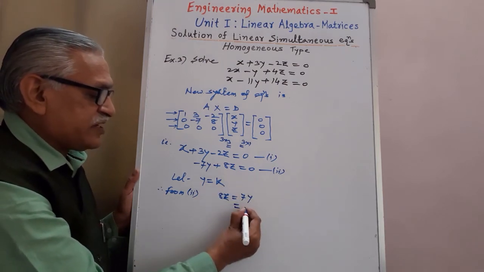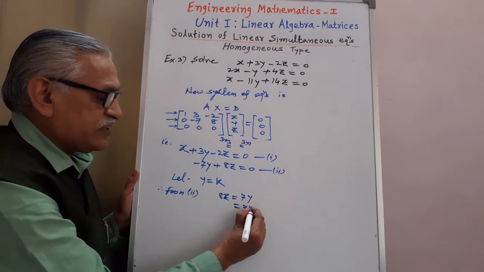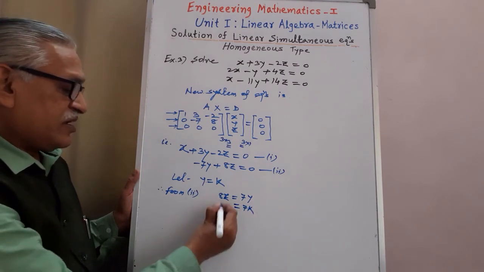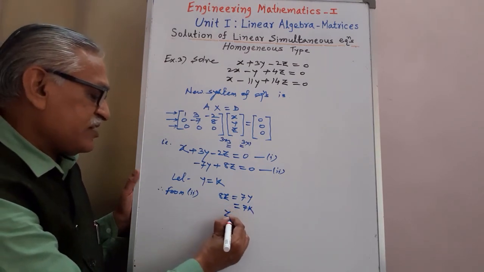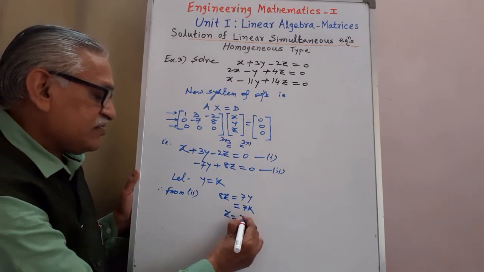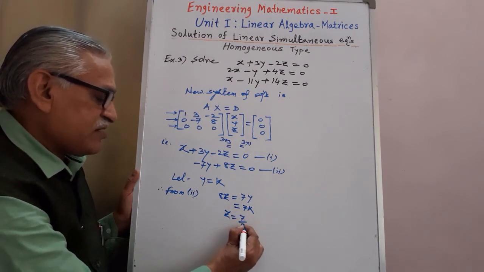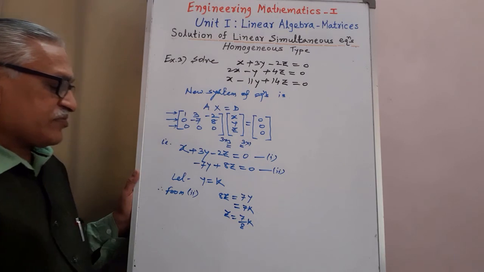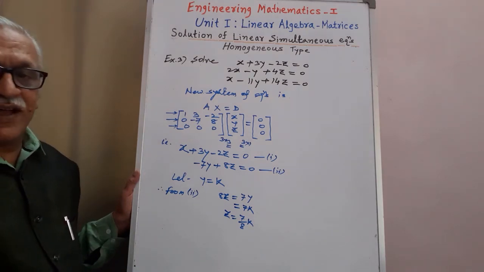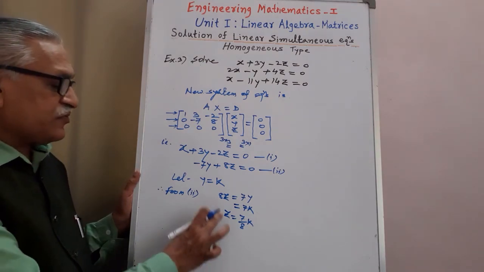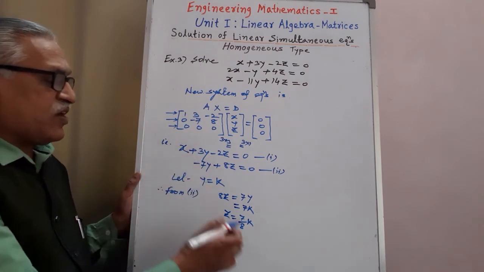Substituting the value of y as k, we get z as 7 by 8 times k. Okay, this is the value of y. Substituting these two values in equation 1,